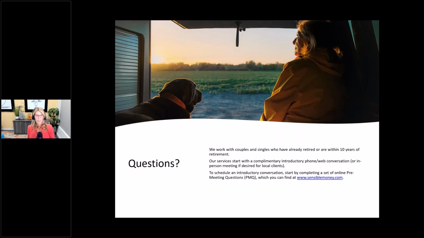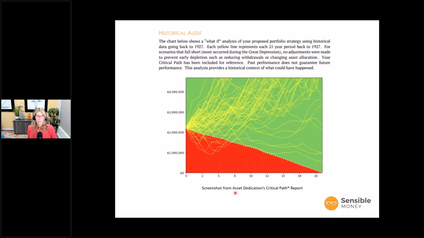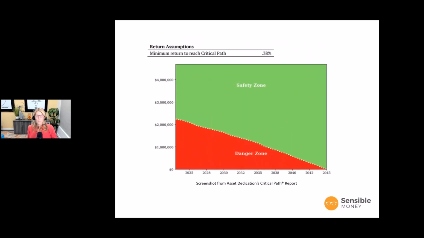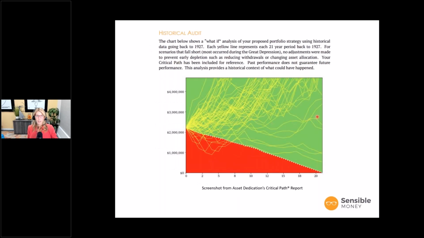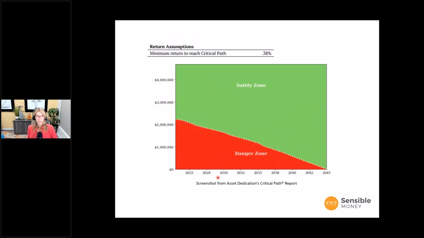Your next question, I believe, was, when do you extend the bond ladder? And I'm going to go back 2 slides and say, well, this slide has all of these squiggly yellow lines. These are all the historical, think of them as possible paths your portfolio could have taken. But in real life, we only get one yellow line. So let's say you're out here and it's 2028 and you're a few years into retirement. And over that time, your portfolio has stayed up here in the green ahead of your critical path.